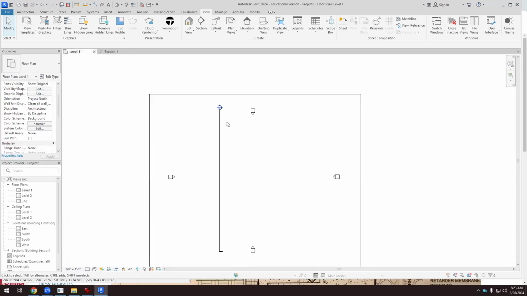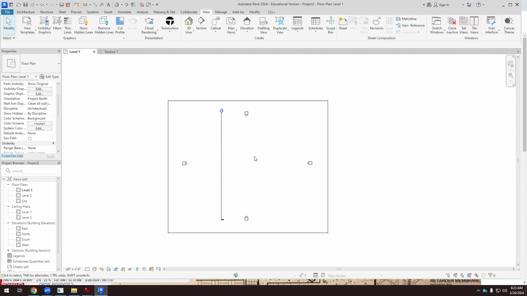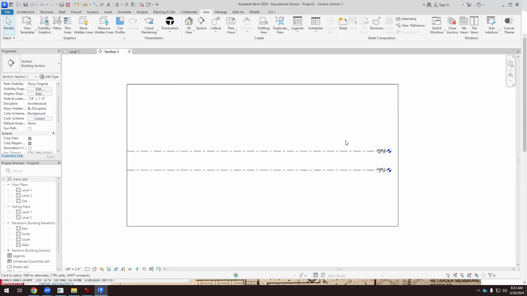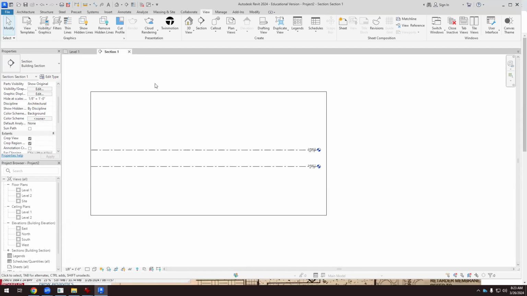So we are working with level 1. I created the section. No 3D components here. We're going to work in 2D. So I open this section. I have the 2 levels here. And now I'm going to insert